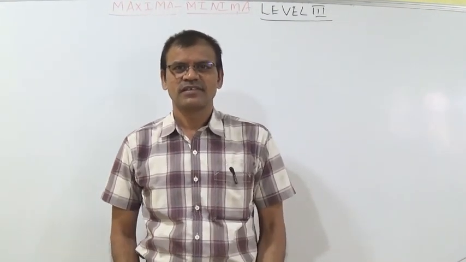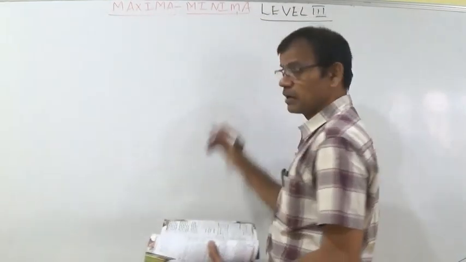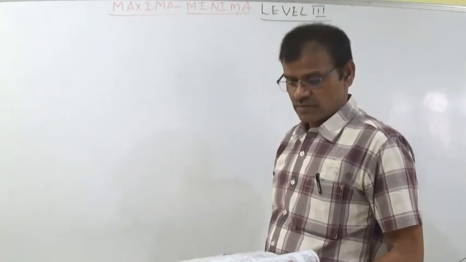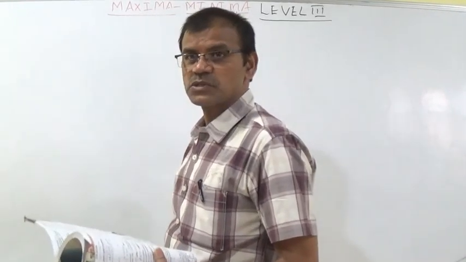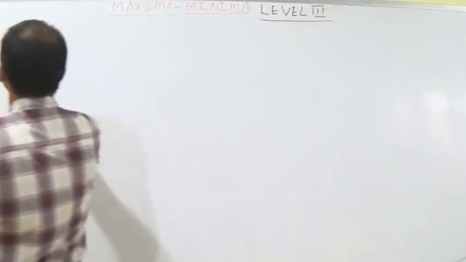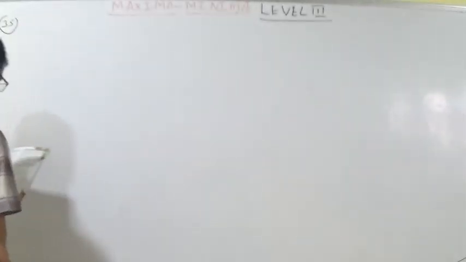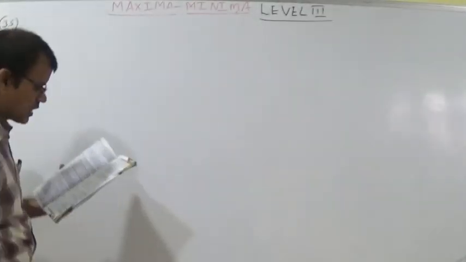Okay students, now we are in the topic of maxima and minima. We are discussing maxima minima topic, level 3. Until the previous class we have discussed 34 questions in level 3. This is the 35th question. f of x is equal to